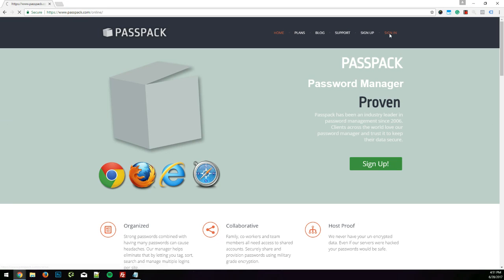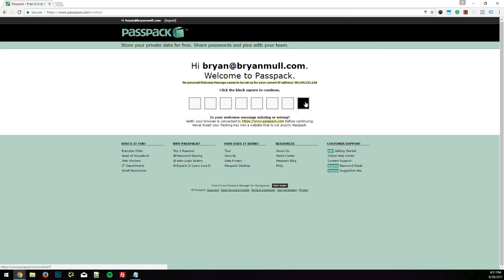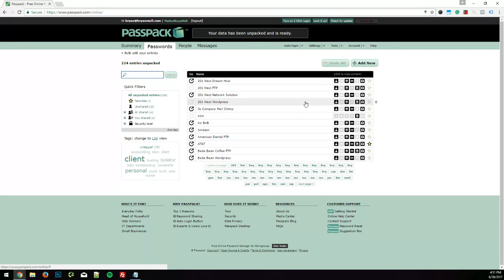So I'm going to sign in, and this is going to show you the process. Now, of course, for my personal computers, I'm always logged in, ready to go. But look how PassPack works. I have my username, my password. I sign in. I have to click that box, and I have to type a sentence. I've gotten good at typing the sentence. It took me many tries in order to do that quickly, but you type in a sentence and now you're